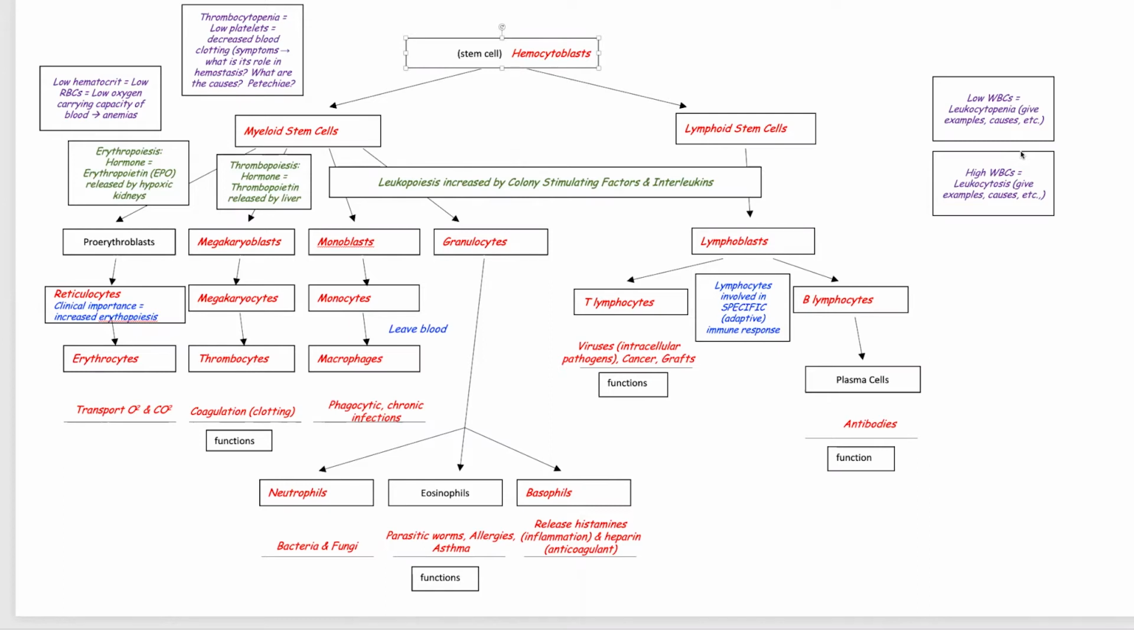The stem cell for all formed elements is the hemocytoblast. These are located in the red bone marrow. Recall that the formed elements include the erythrocytes, or your red blood cells, thrombocytes, or platelets,